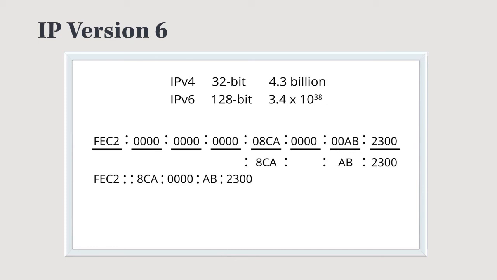IPv6 addresses look a lot different, and the reason that we needed to make this switch is that, if we look up at the top, we see that IPv4, the 32-bit address, gives us 4.3 billion addresses. Now that might seem like a lot, but certain ranges of IP addresses were designated for different things, and not only that, each individual person probably has multiple IP addresses: your home computer, your cell phone, your laptop, your tablet, and let's say you have an internet-enabled thermostat, that's going to need an IP address too. So we see that very quickly, with this proliferation of Internet of Things and mobile devices, 4.3 billion IP addresses is not a lot for a worldwide